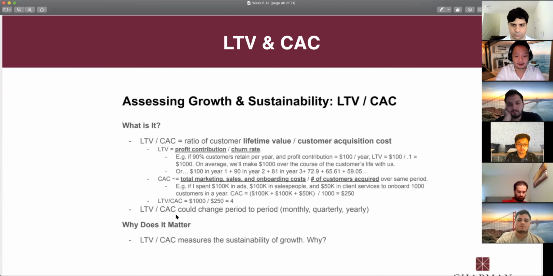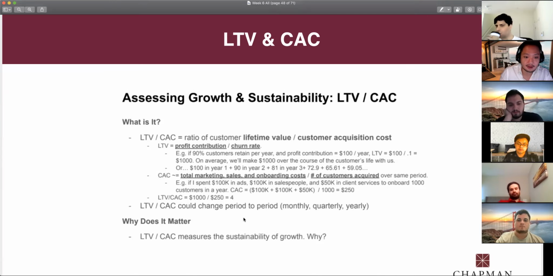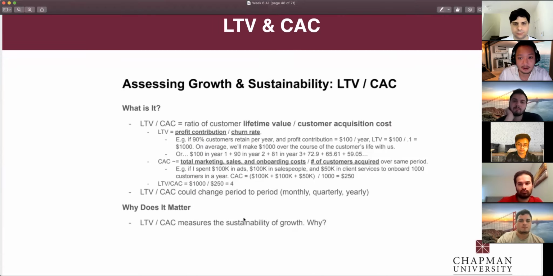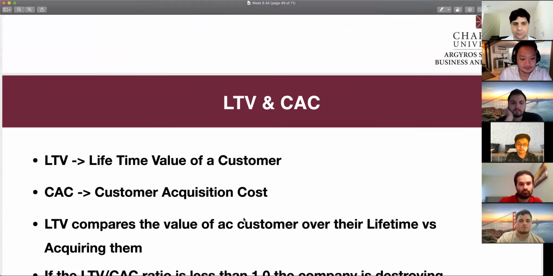something like COVID, which could adversely impact it, or after a certain point, the product could plateau in the market. There could be entrants that come in to disrupt the market. But this is still a pretty sturdy baseline and a very common metric used in Silicon Valley, as well as private equity, as well as by any kind of operator that's running a business.